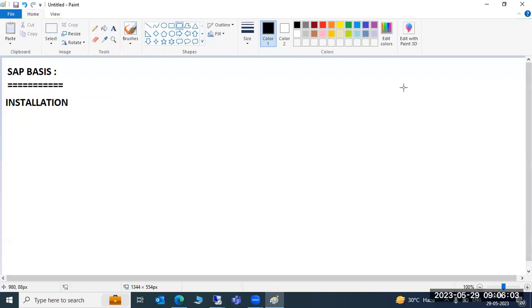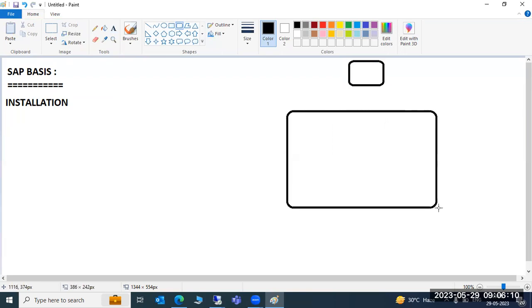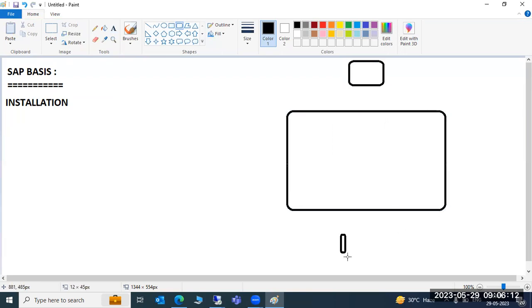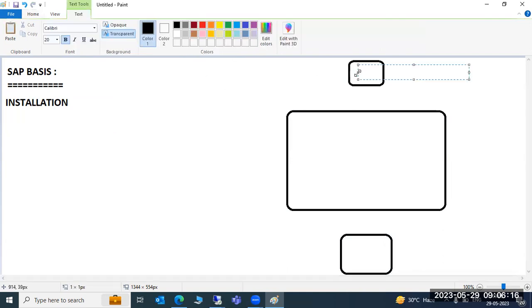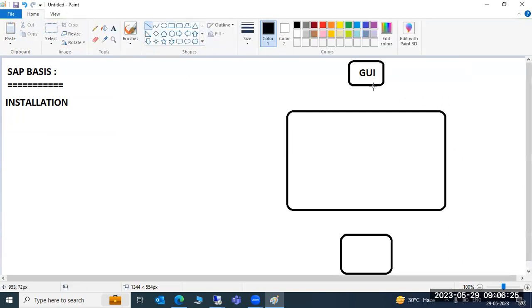If I talk about the SAP architecture, SAP is a three-tier architecture: presentation layer, application layer, and DB layer. This is our GUI, our desktop, our browsers, our laptops. From here we will open the SAP.